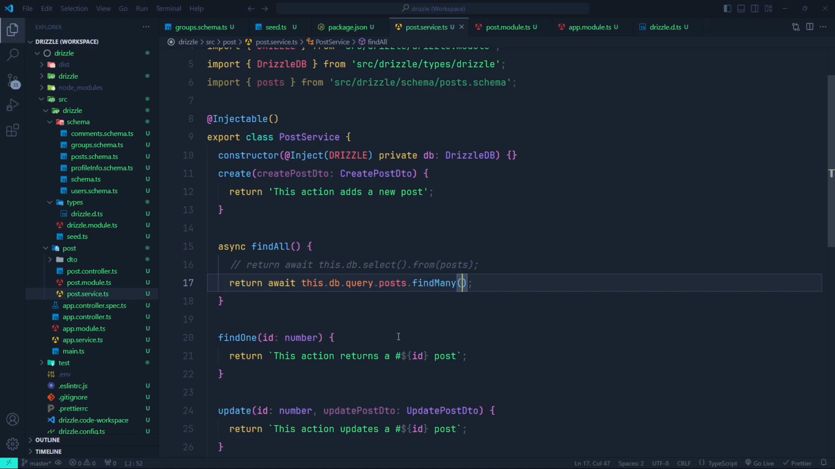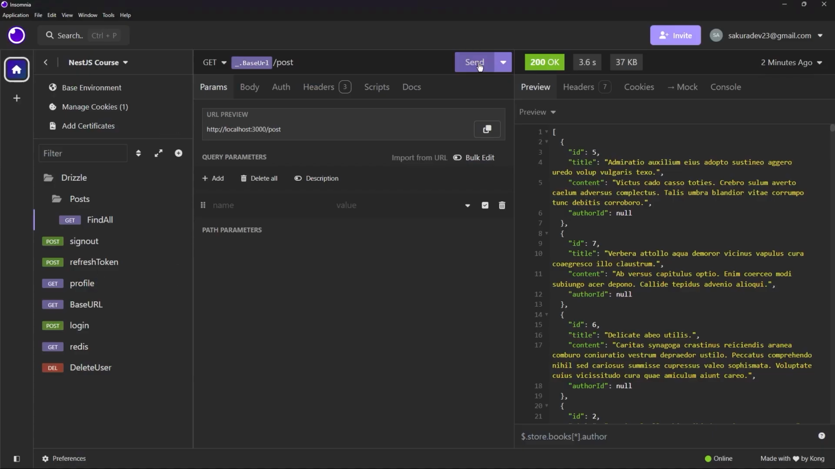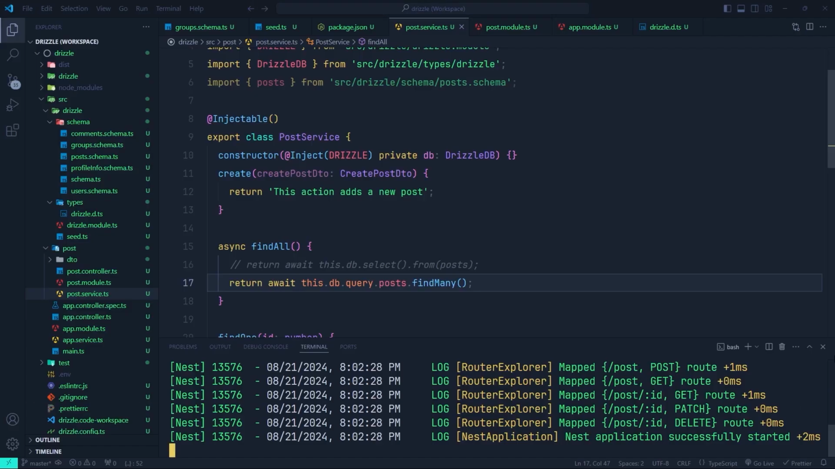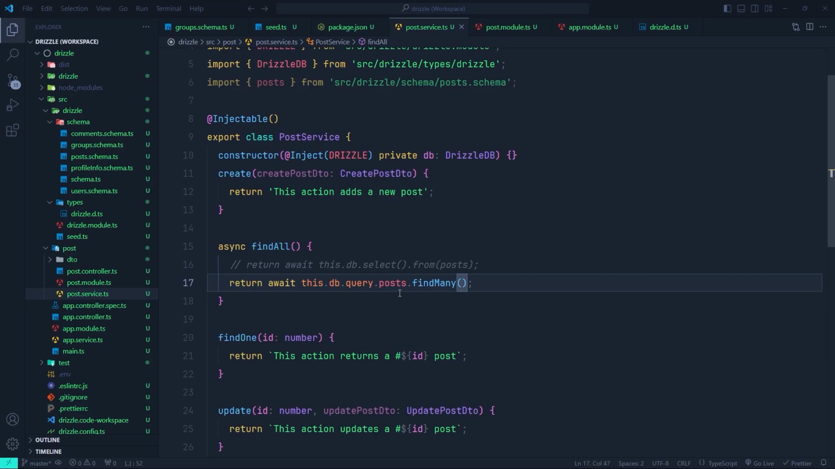And if I save this and get back to Insomnia, run the request again, you can see we have the same result. So you can choose between the select function or query API. The query API is more intuitive, and actually if you have some experience with Prisma, you may feel more comfortable with the query API. So let's get back to VS Code again, and now let's say we want the post